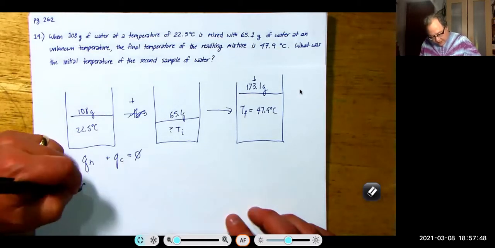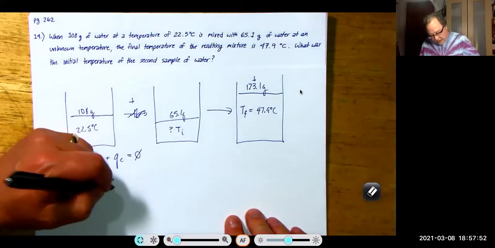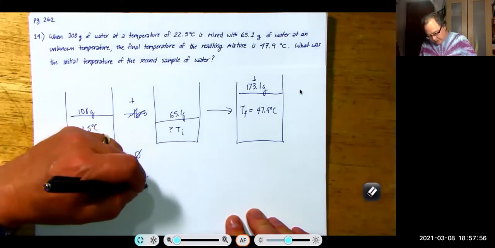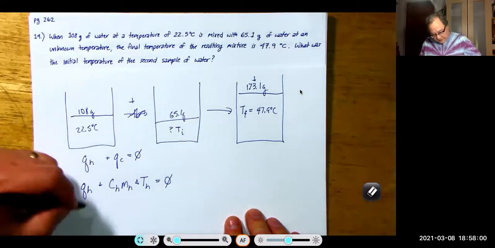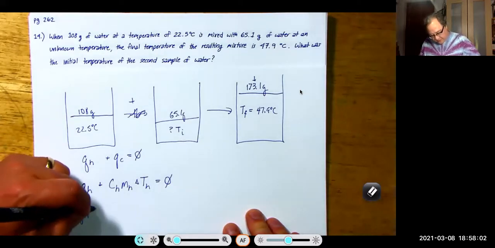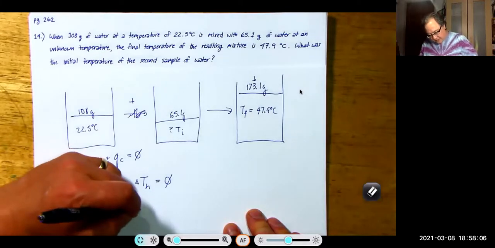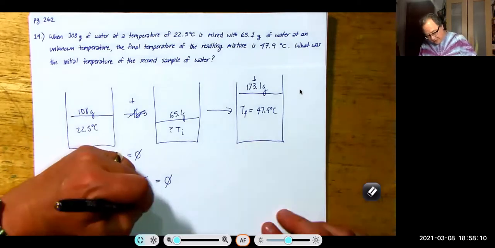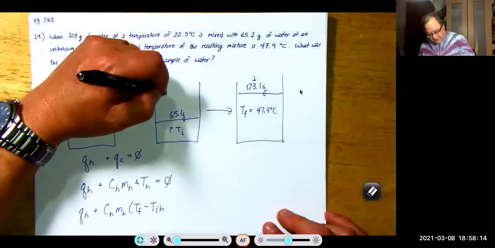So Q of the hot plus C hot, M hot, delta T hot is equal to 0. And then we get Q hot plus C hot, M hot, T final, which is 47.9, minus T initial of the hot. So this is the hot, this is the cold,